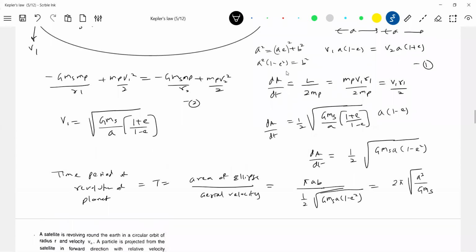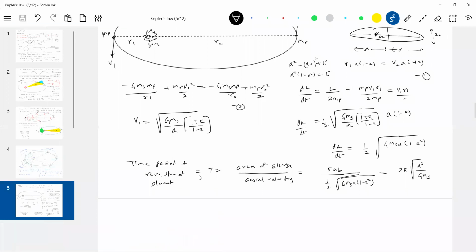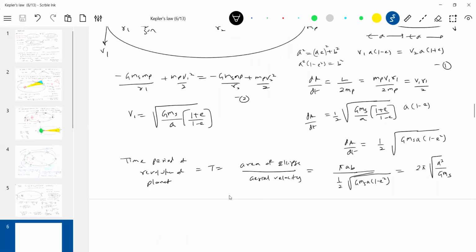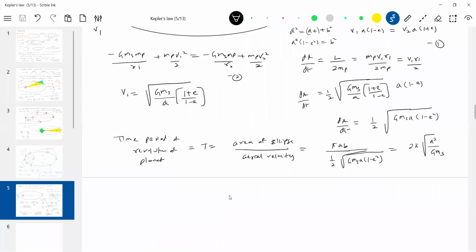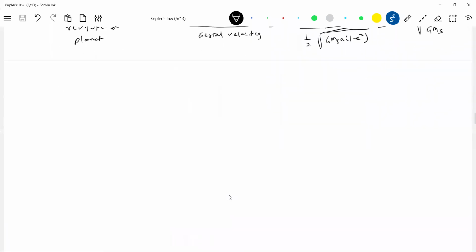So we already know enough. What is the only thing which will help you here? Conservation of angular momentum, conservation of mechanical energy. Okay, this is about Kepler's laws. Let's focus on some conditions, meaning conditions regarding the nature of force. So any condition means under what circumstances Kepler's laws are valid or not valid.